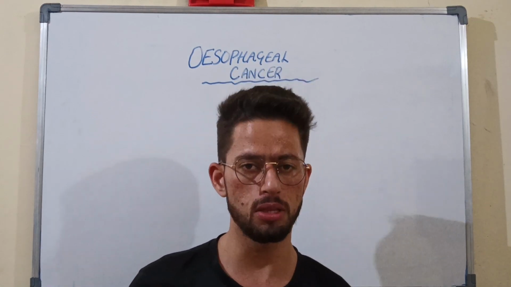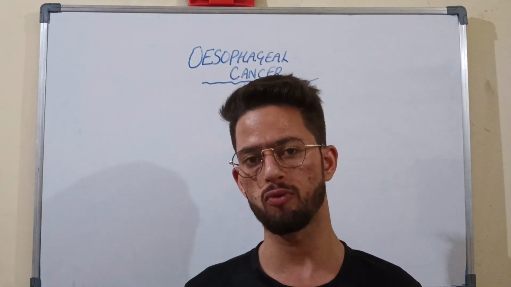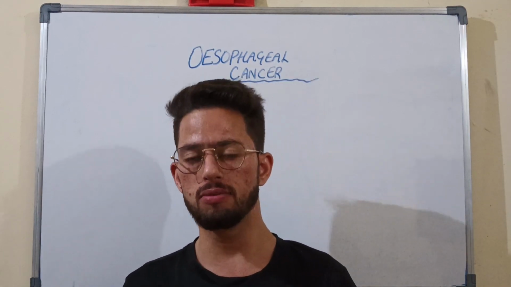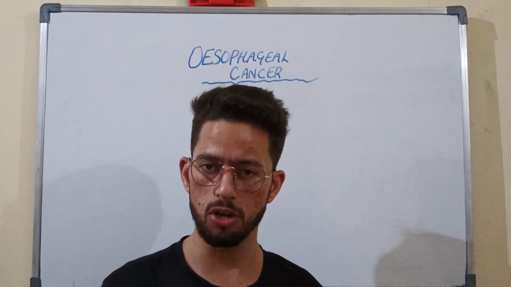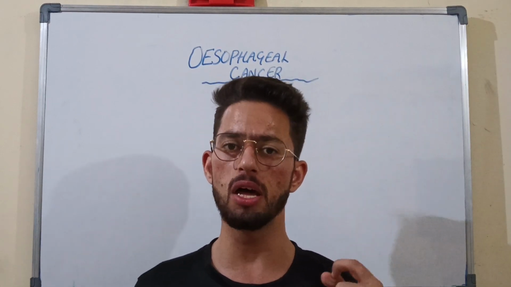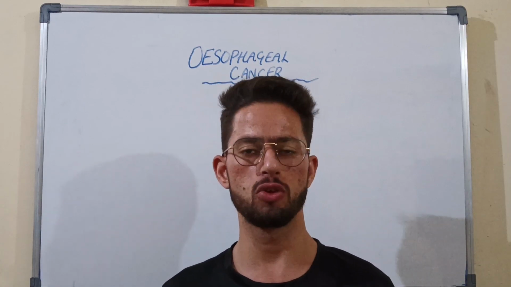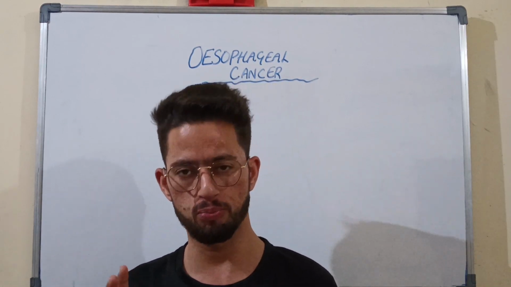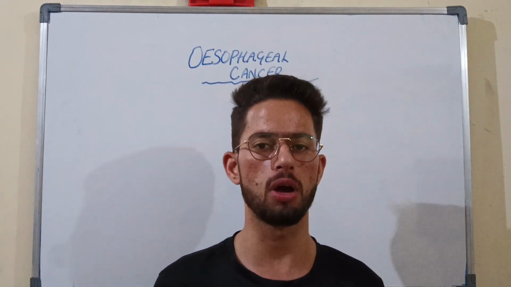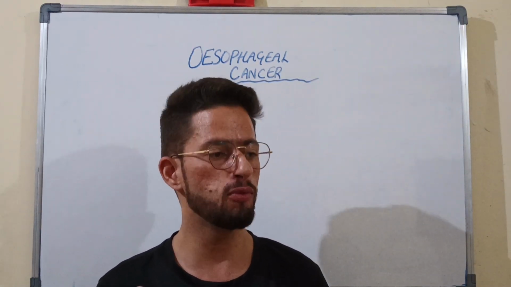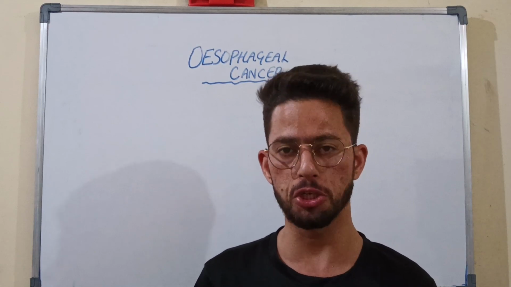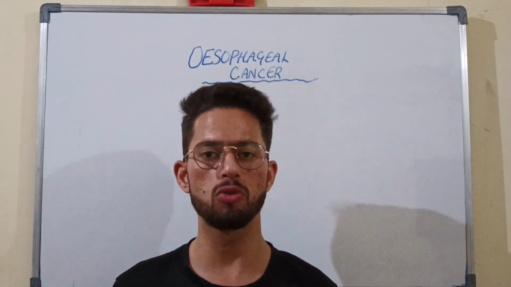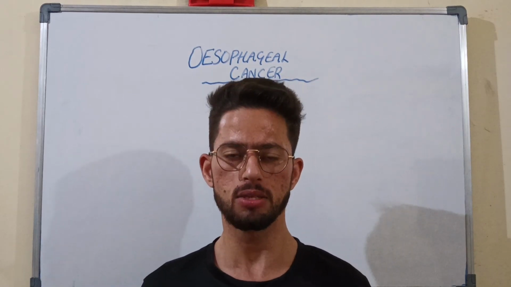In surgical treatment there are mainly two types of surgeries performed. The first one is esophagectomy. What is esophagectomy? It is when the surgeon removes the portion or segment of the permanently affected esophagus. The portion of the esophagus that is mainly affected and permanently damaged is removed, that is known as esophagectomy. And if there is a stricture, narrowing inside the esophagus, the doctor can also go for stent placement.